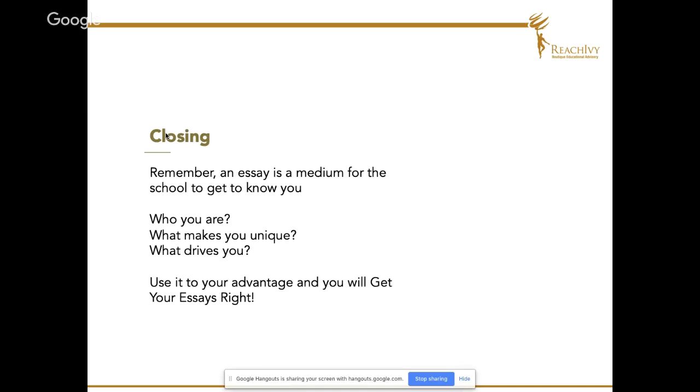Most important, and I think a lot of people tend to cover this, is you need to tell them your motivations. And I think this comes through in your goals as well. But if there is a question on motivations, make sure you make it very clear what drives you, because they want to know that. They want a certain kind of people to be a part of their cohort. They want a certain kind of people to be a part of their alumni. And they need to know that you fit that kind. And yeah, use it to your advantage.